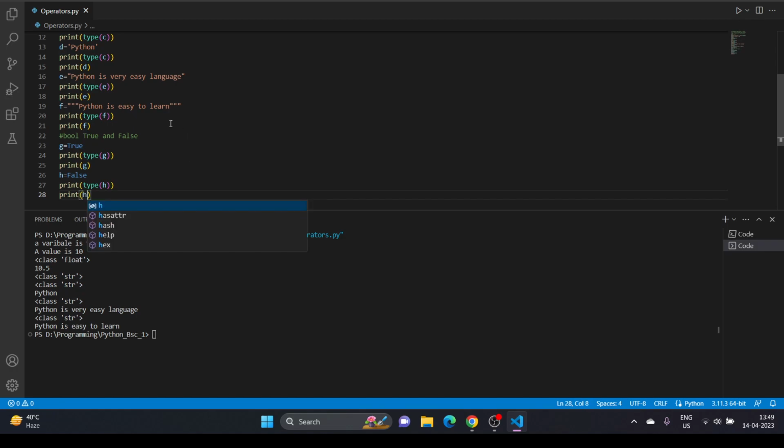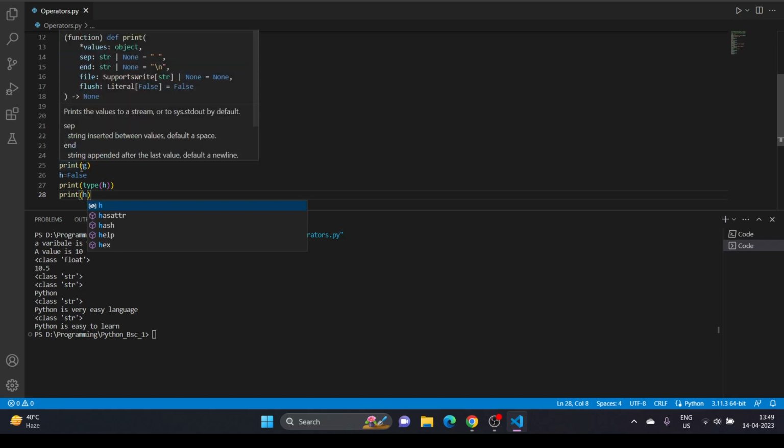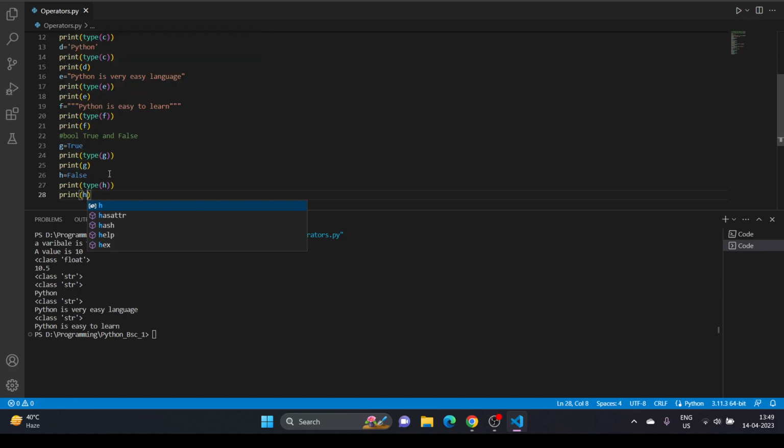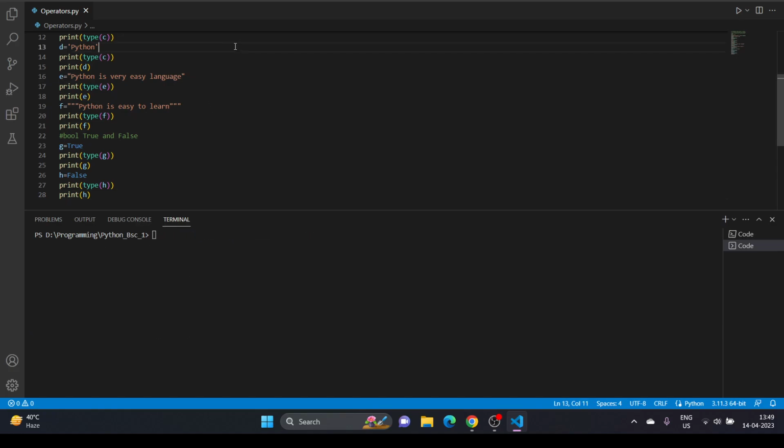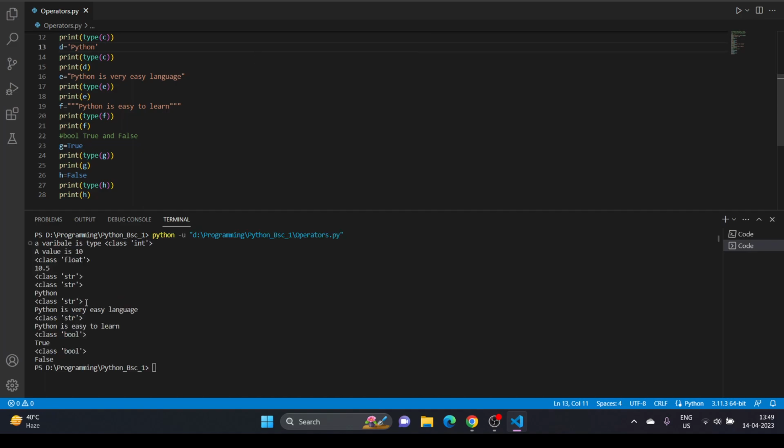Now rerun the code once again. So what is the output now? G is equal to True, that means class bool will be printed on the 24th line, and on the 25th line we are printing the g value, that is True itself. On the 26th line we are assigning False to h, and on the 27th line we are printing type of h, that is class bool. On the 28th line we are printing variable h, that is False. So these are the expected outputs. Let me see if these are correct or not. So clear my screen and run this code. So class bool, False,